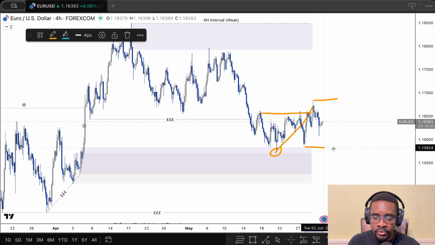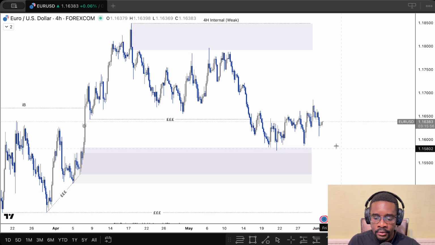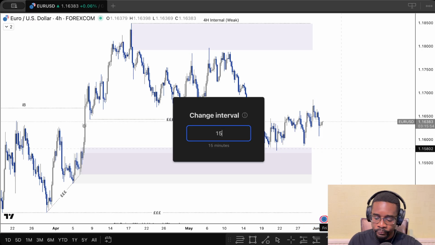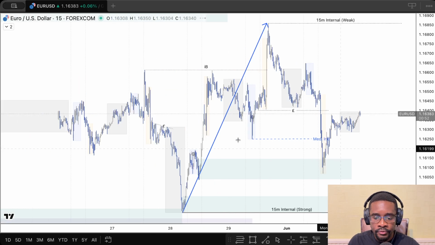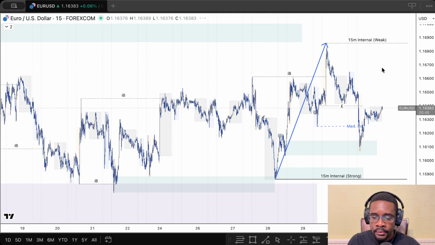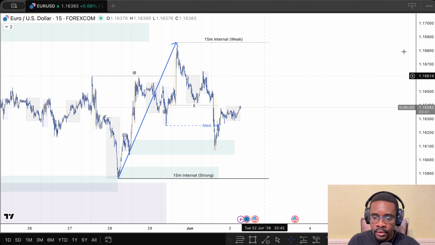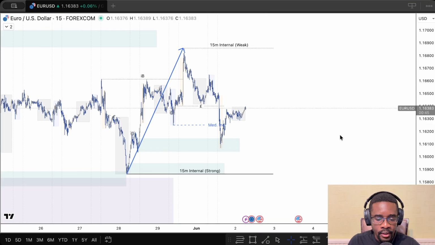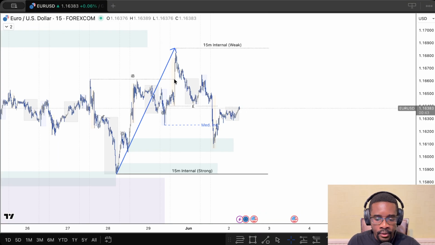So this is the current range that we're in. So we can say we are kind of bullish. And then we look at the 15-minute. Looking at the 15-minute, this is what we have. We had our internal break of structure, and then yesterday